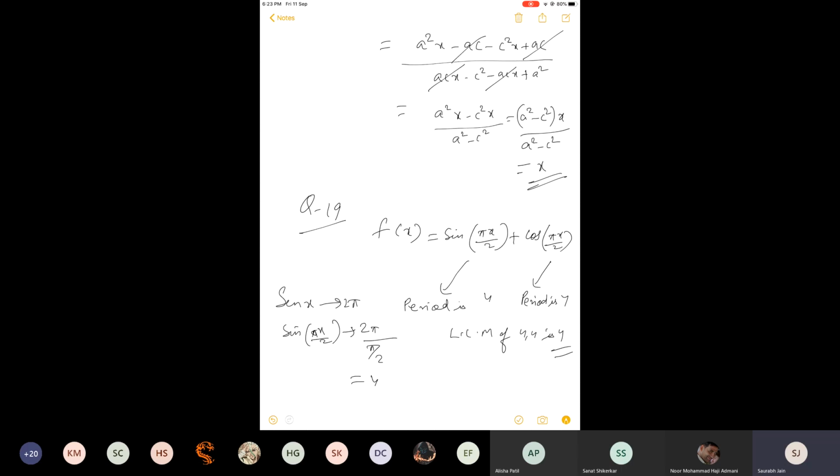And you can see there is no value which is lesser than 4, because I told you some special cases also, interchangeable this and that. However, that is not required here because the least value is 4 and that is our answer.